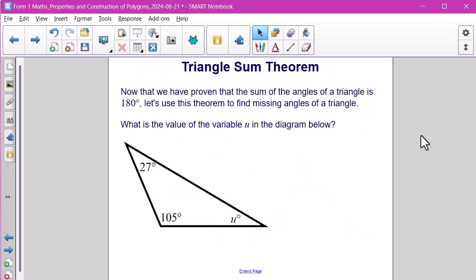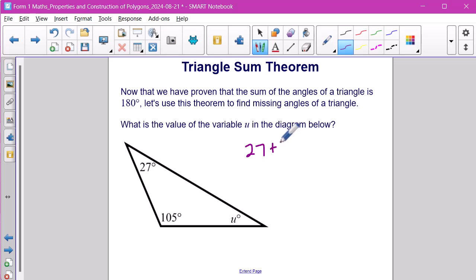Now that we have proven that the sum of the angles of a triangle is 180 degrees, let's use this theorem to find the missing angles of a triangle. What is the value of u in the diagram below? Well, let's construct our equation by adding up our 27, our 105, and the variable u together and setting them equal to 180 degrees. We have two constants, 27 and 105, that we can add together, and when we do,